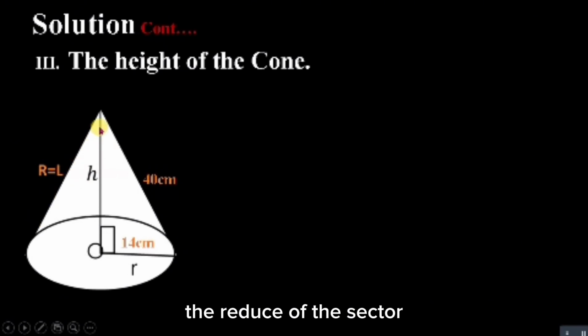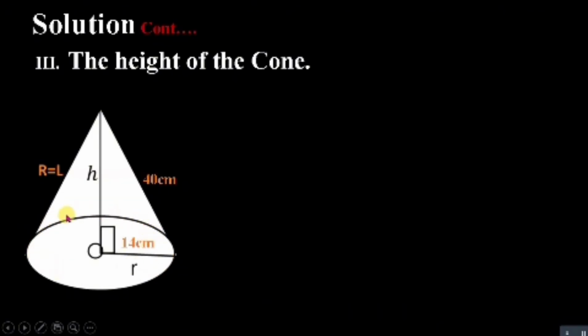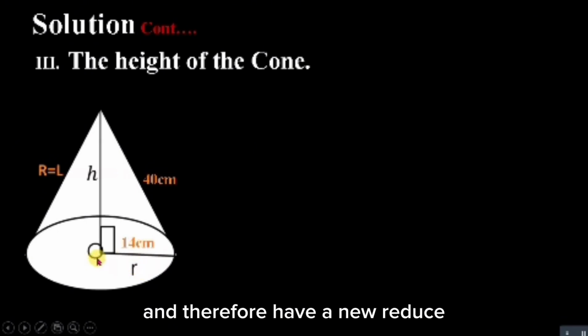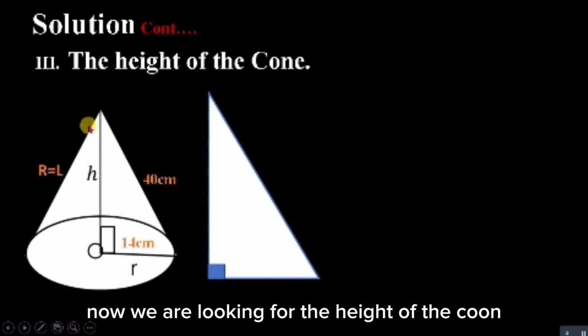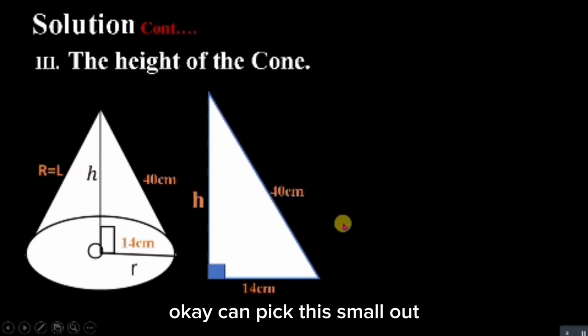Now the arc AB has been folded to form a circle, and therefore we have a new radius, a small r, which was found to be 14 centimeters. Now we are looking for the height of the cone, the h. We can pick out this right-angled triangle, and we can use the Pythagorean theorem to go about it. So from the Pythagorean theorem,